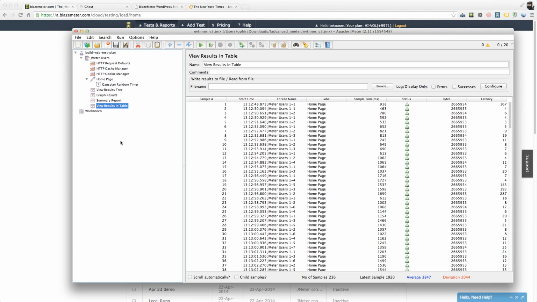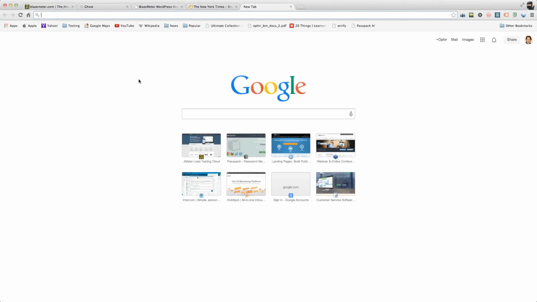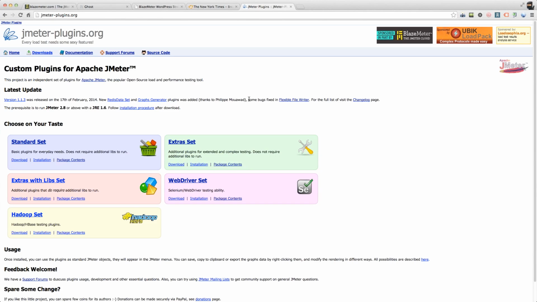Which brings me to, what are your options then if you want to ultimately look at some nice reports? So first of all, if you're using BlazeMeter, you can always get BlazeMeter's awesome reports, but there are also third-party tools you can use for reporting. And some of the more popular ones are, and I'm jumping a little ahead in terms of third-party plugins, but I want to show you this in terms of reporting. If you go to jmeter-plugins.org, it's an awesome website which has third-party plugins to do all sorts of stuff,